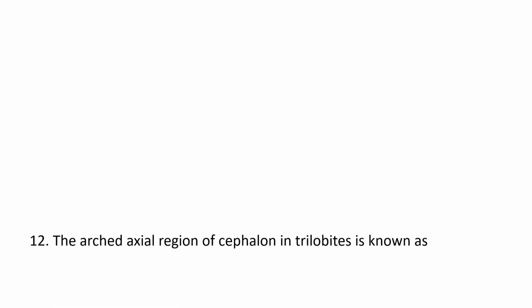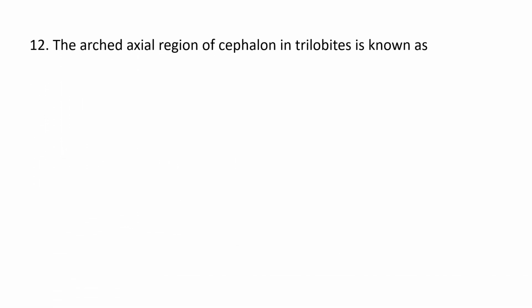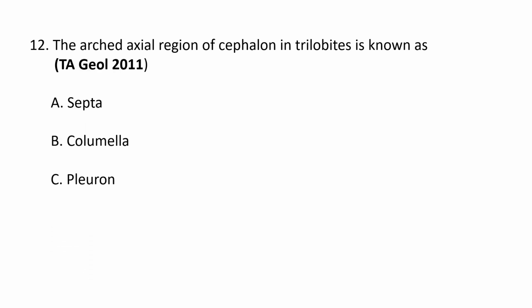Question. The arched axial region of a cephalon in trilobites is known as A) Septa, B) Columella, C) Pleuron, and D) Glabella. The correct answer is D, Glabella. The central region of the cephalon is termed as the glabella, and the cheeks on either side of the